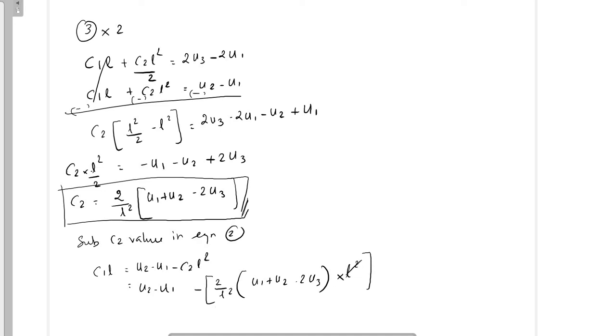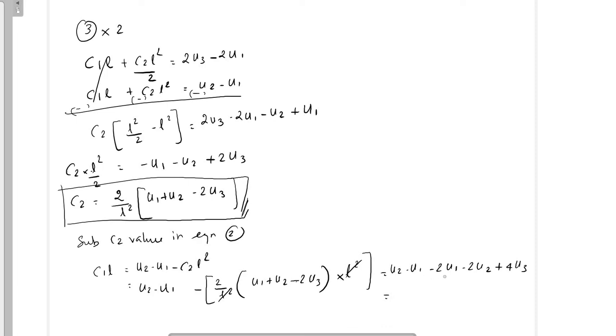So we can cancel the L square value and multiply minus 2 inside. So u2 minus u1 minus 2u1 minus 2u2. Here it is minus, so it is plus 4u3. So for C1L, we can simplify this,